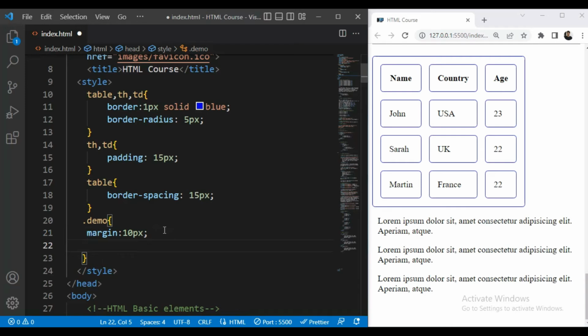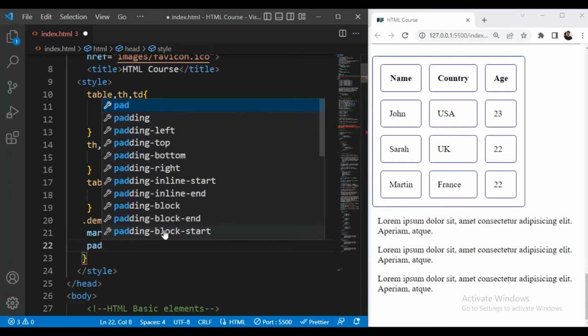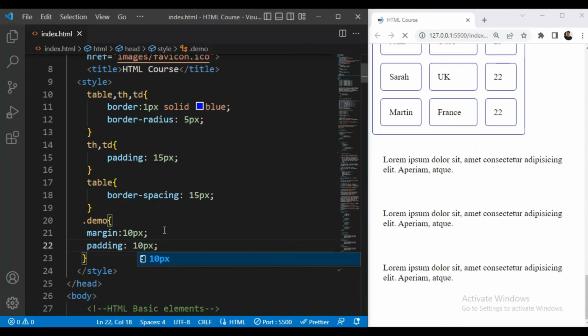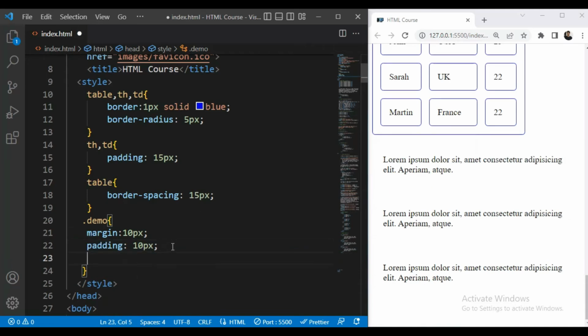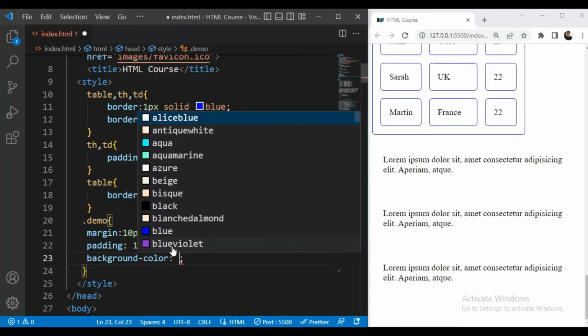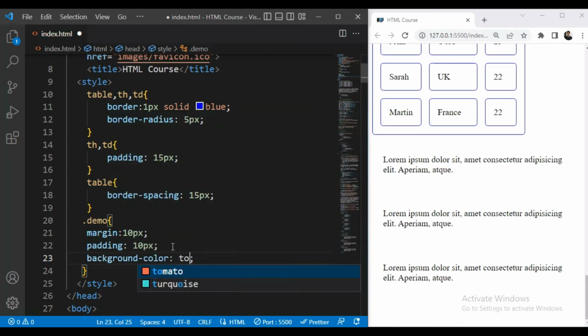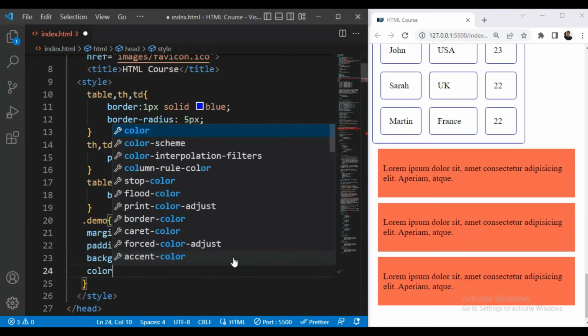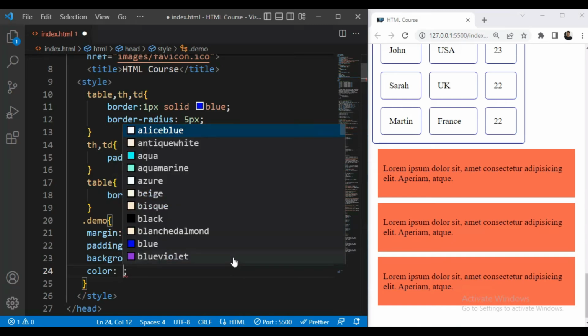Then we'll give padding, and padding will be 10 pixel. Okay. Then next we'll give background color, and background color will be, for example, tomato. So let us save this. Then next, color. So with the help of color we can change the color of text. So color will be Alice blue,